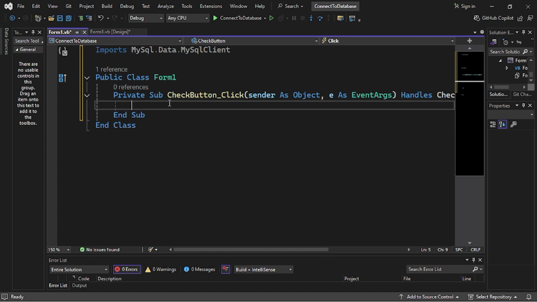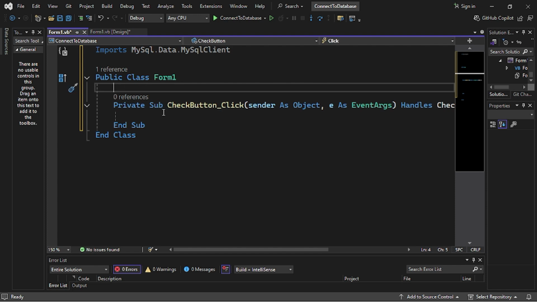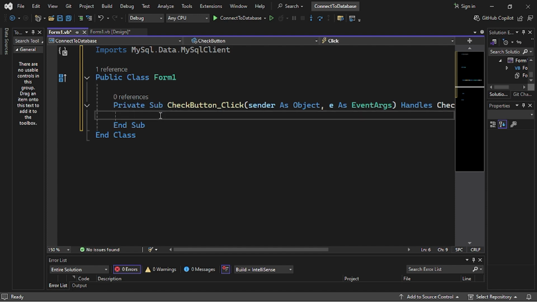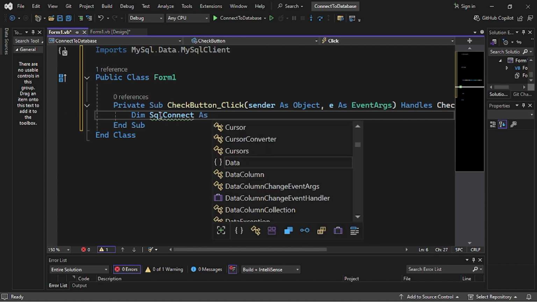Inside, or on top of, our Check Connection, we just declare the connection string. Here I can declare my connection as Dim, maybe, connect. I'll say Dim SQLConnect as